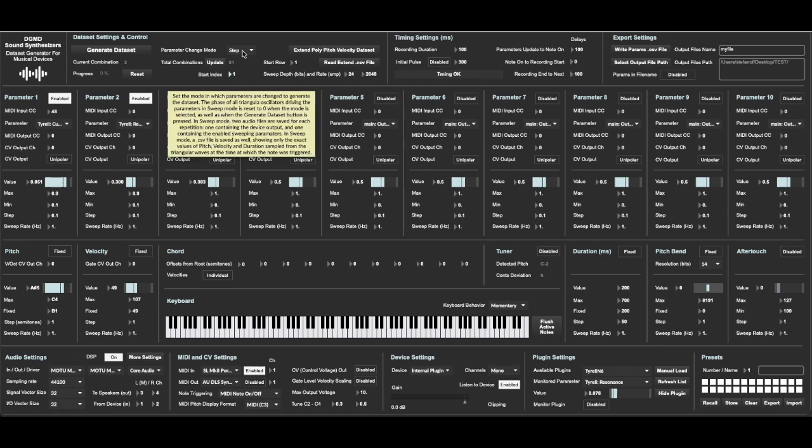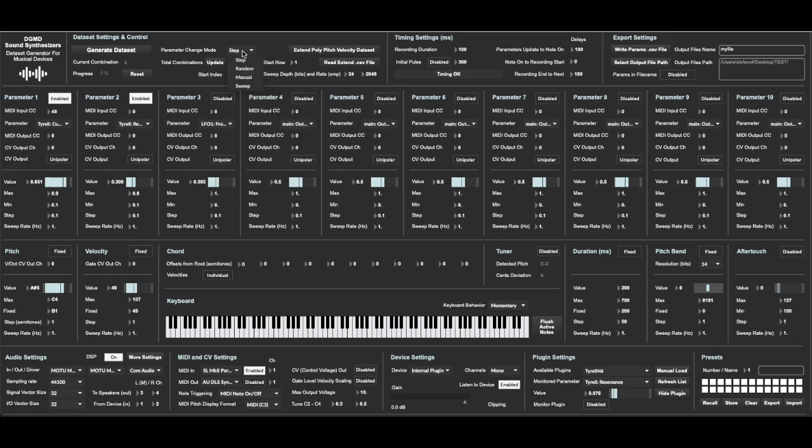The last modality is the so-called sweep mode. As you can see, as soon as I enable it, the parameters start to go up and down. And the parameters are linked to triangular waves. The phase of these triangular waves is reset every time we restart the dataset generation and every time we trigger new notes, but you can change the period of these triangular waves. So each parameter can be controlled by a different frequency. And the parameters, in this case, you also need to specify how many repetitions, how many notes you want to trigger. And